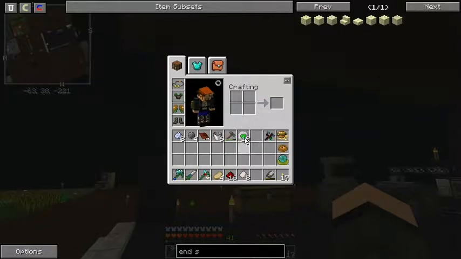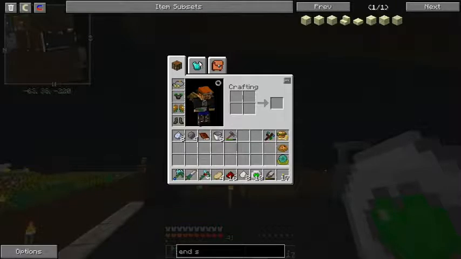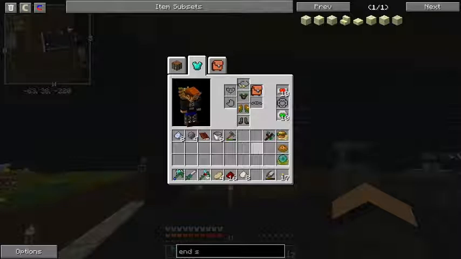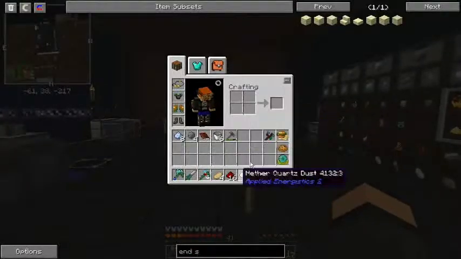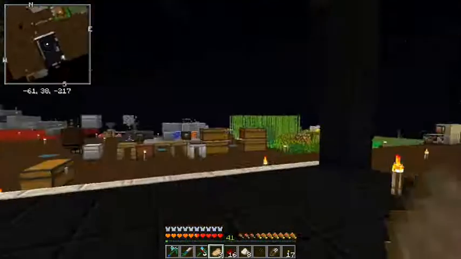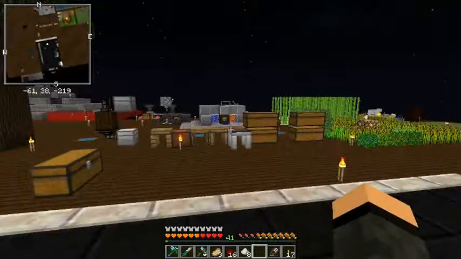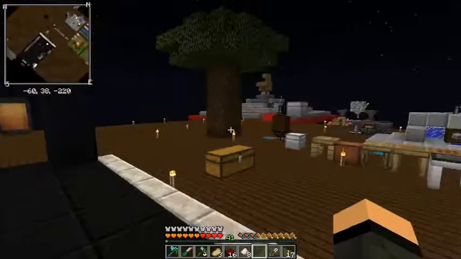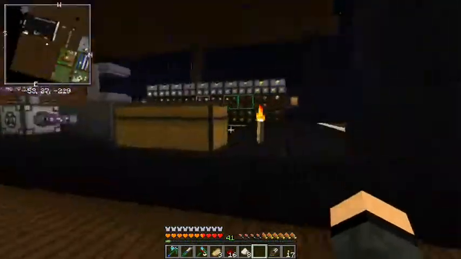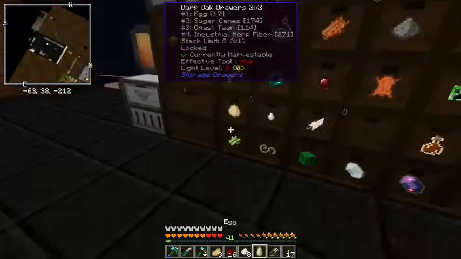Okay, I win. Oh, I can't right-click these on? Oh, that's a bit of a bugger. Oh well, I can put them there. And now I should probably eat something. Is this good? Yeah, that's good to eat. I now have 30 hearts, by the way. So, yeah, I was slightly worried about going to the end. Not anymore. I do have 41 levels, so...